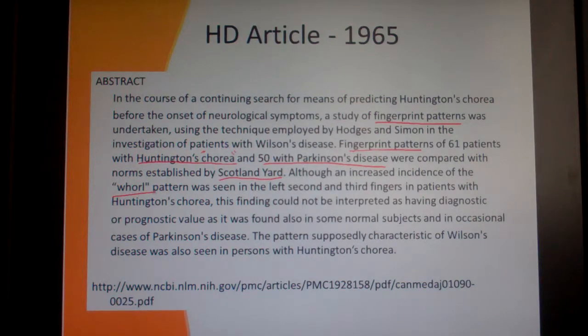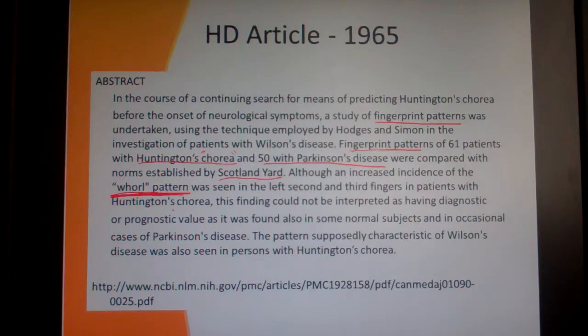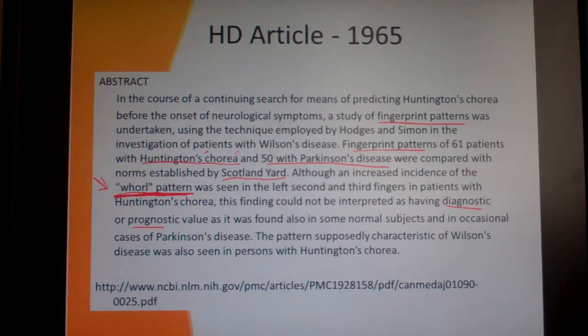They saw more of the whorl pattern. Again, the whorl pattern is another thing that you kind of hear with Huntington's disease that has a bit of a buzzword also. But they say you can't actually diagnose or even give a prognosis of how bad it's going to be when you have that whorl pattern in your finger. So